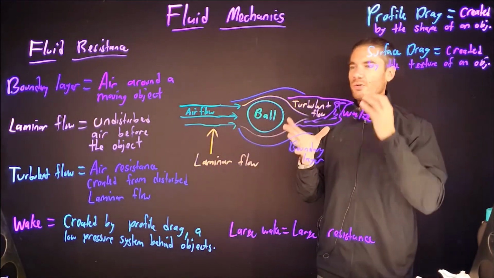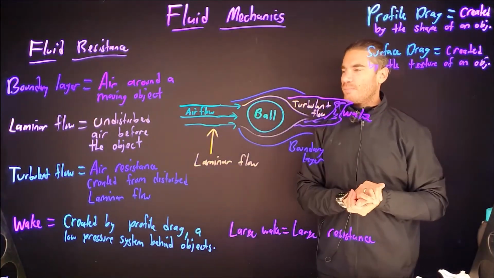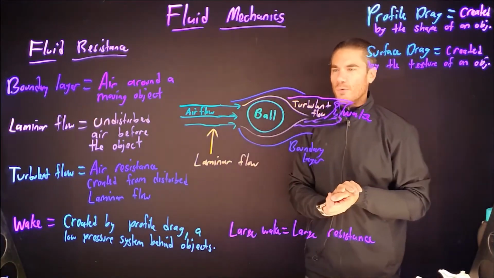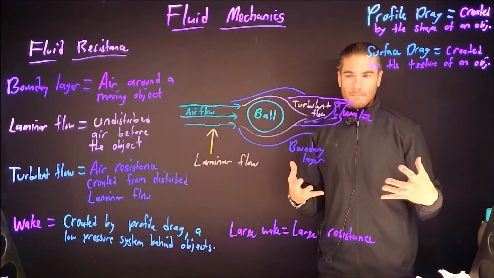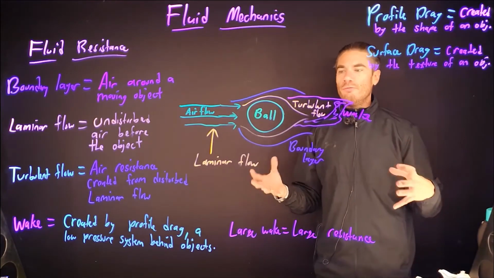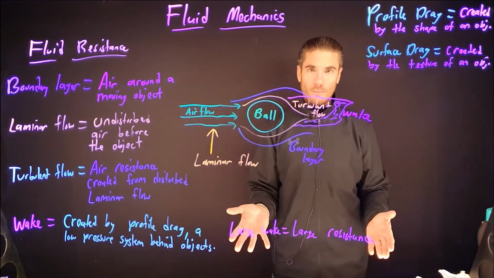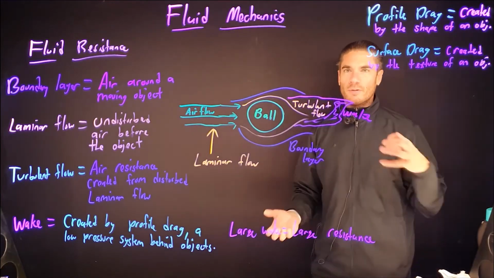This is really easy to think of if you think of wakeboarding, okay? Which is obviously in fluid, being water. The boat itself creates a wake, all right? The larger the boat or the shape of the boat itself will mean a larger wake, and therefore there is more resistance being created by that object. So when the boat goes through the water,